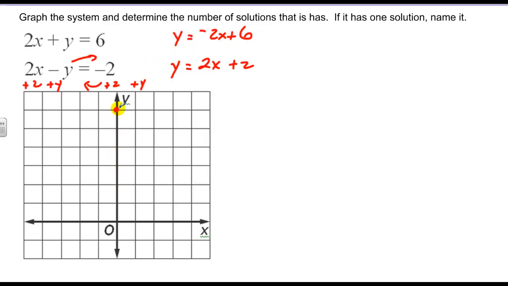I go up to 6, go down 2 over 1, do that a couple of times, connect the dots. And we'll do this next one in blue, go up 2 over 1, up 2 over 1, connect the dots. And we can clearly see that it has one solution,